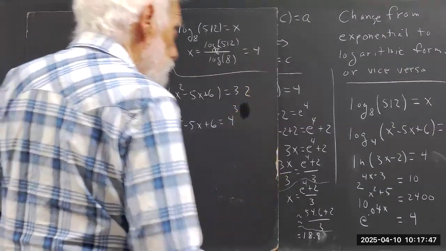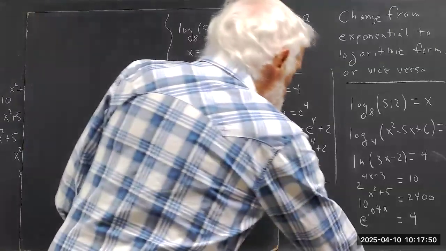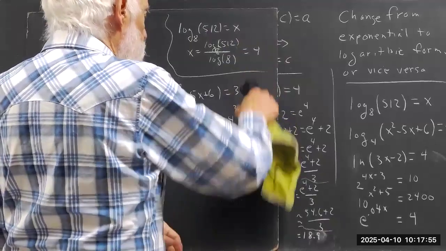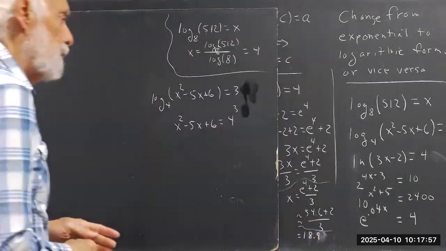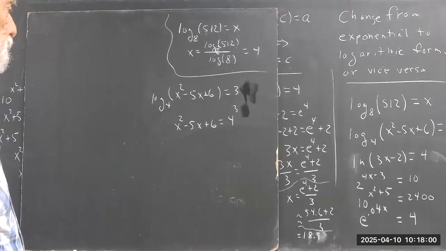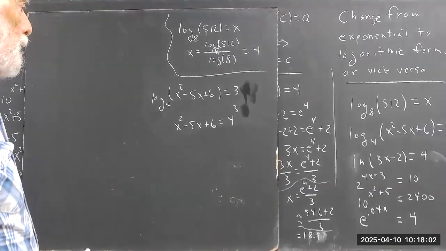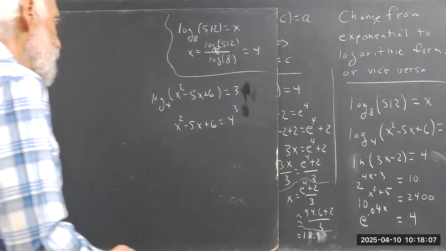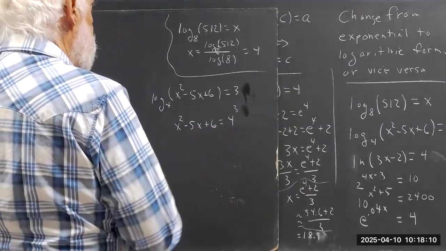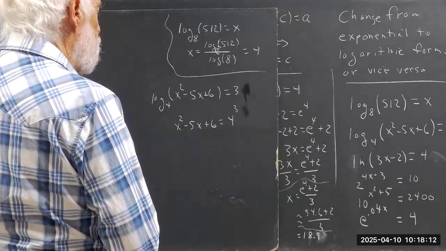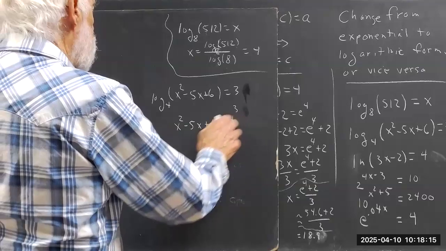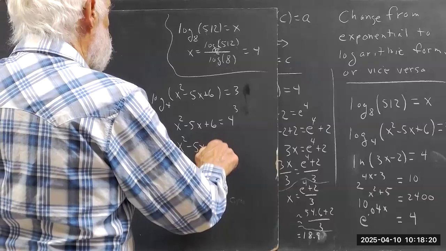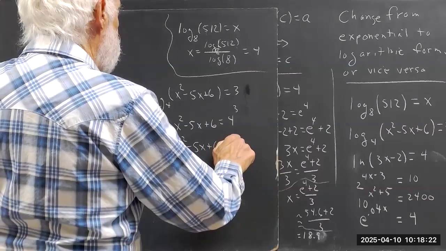A calculator would probably represent it in scientific notation. It just has too many digits. Okay, it would have more than 16 digits. Probably more like 20. Okay. So what do we get? It's 4 to the third, you get x squared minus 5x plus 6 equals